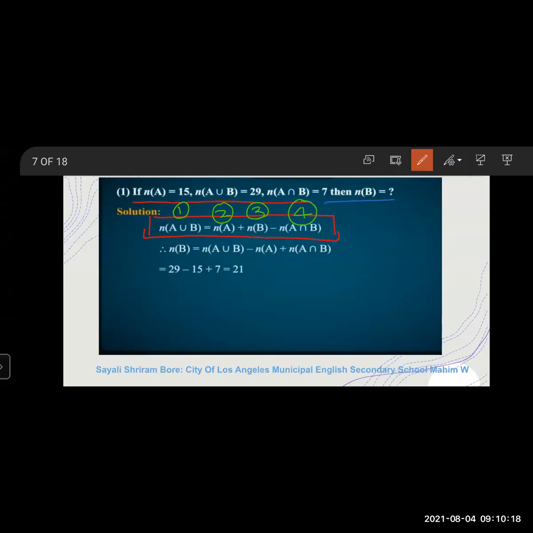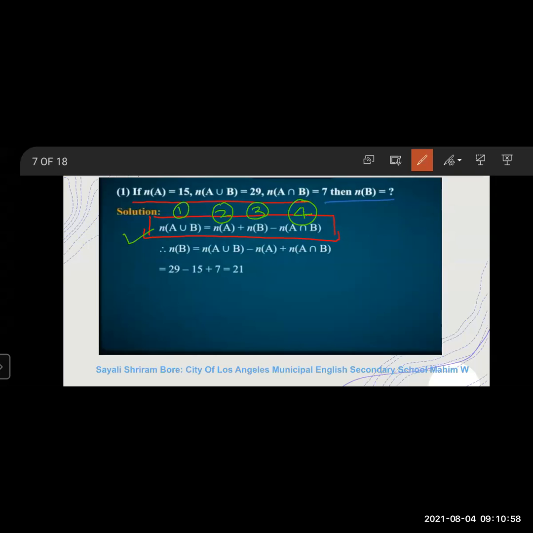In this formula there are 4 components. Out of the 4 components, any 3 will be given and you have to find out the 4th one. It is not always that you have to find out only the union or only verify the following. Among all 4 components, any 3 will be given, and the 4th one you have to find out. So that's why I told you that you have to know the formula and the number of elements. Just substitute in this formula and carry out the further action on it.